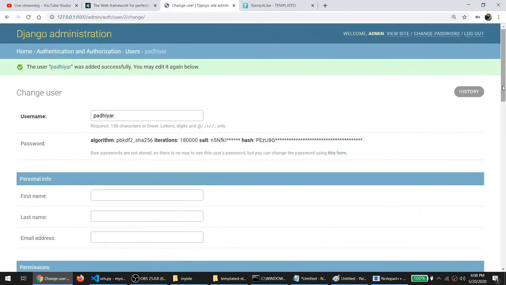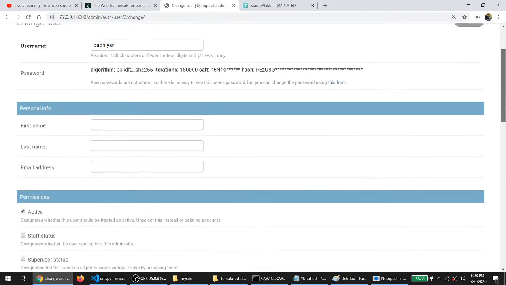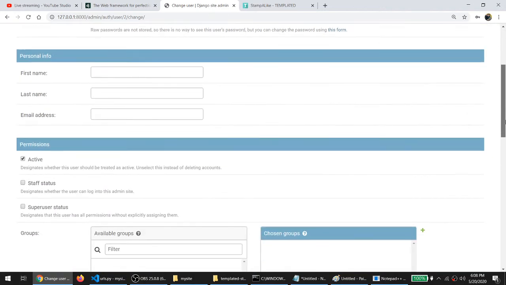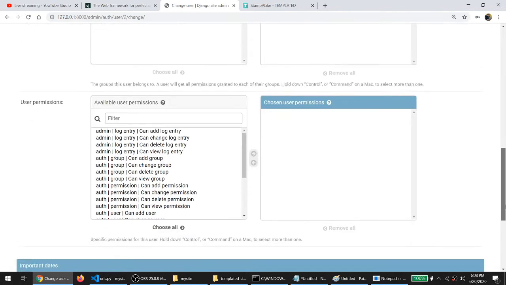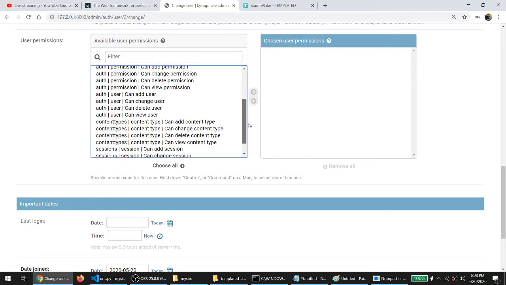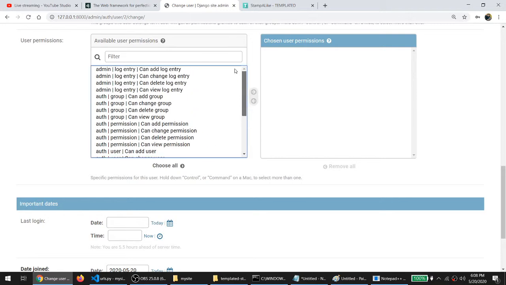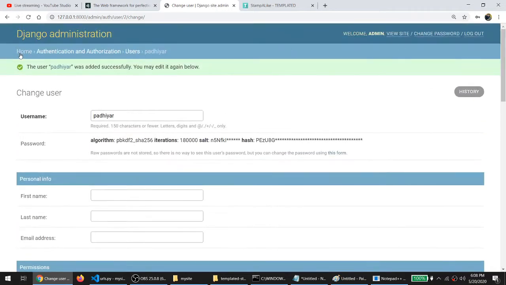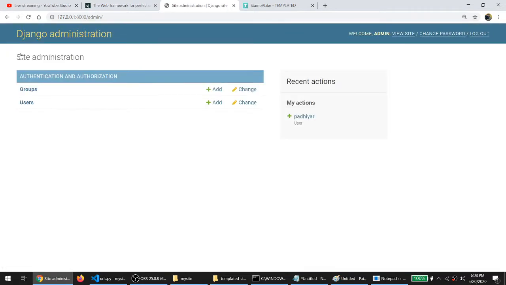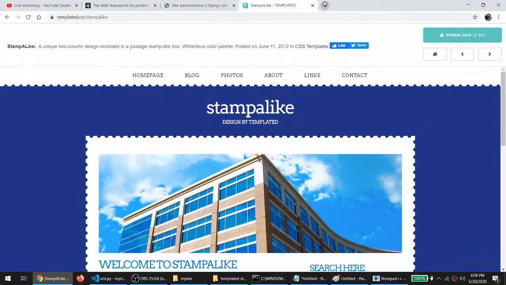Okay, you can see the username and password are already specified. You can specify other fields like first name, last name, email address. You can also specify the permissions, right? These are the permissions which are already specified by the admin panel. And one more thing, if you want to create various models in Django, simply search on Google for Django model,